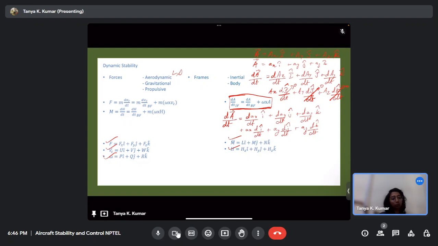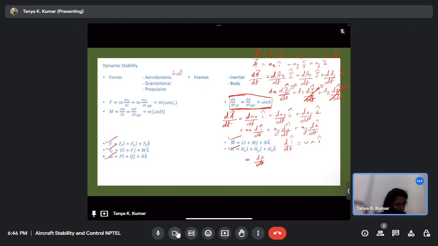Okay, so now when a body is rotating in time with an angular velocity omega, the rate of change of unit vectors is given by, so if this is represented by, let's say, how do I write it? Okay, di/dt is omega cross i. If the vector i is rotating with the angular velocity of omega, then its derivative is given by omega cross i. So when you substitute this into the above equation, what you get is